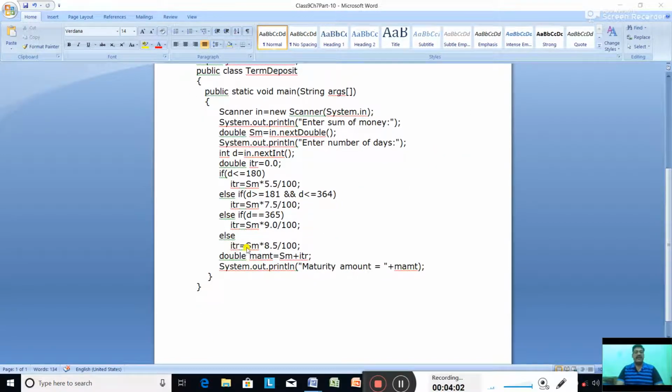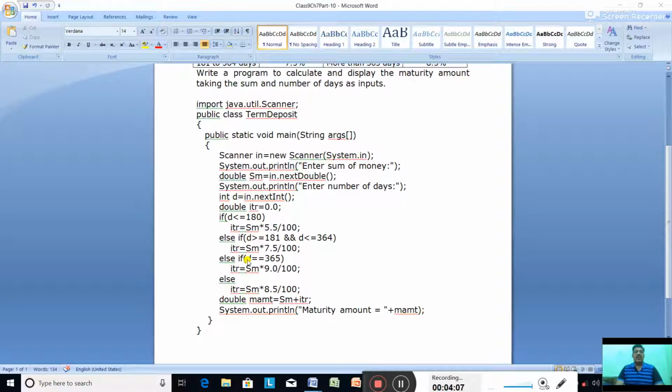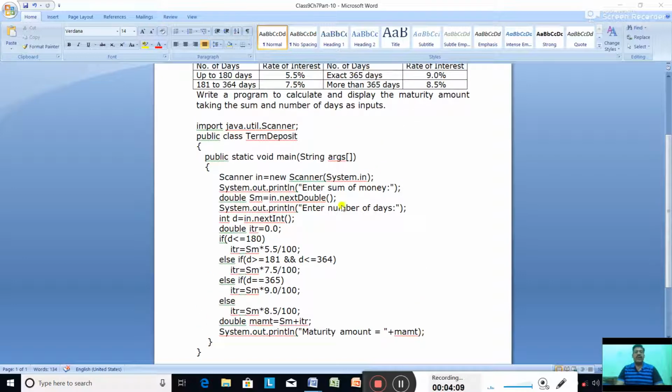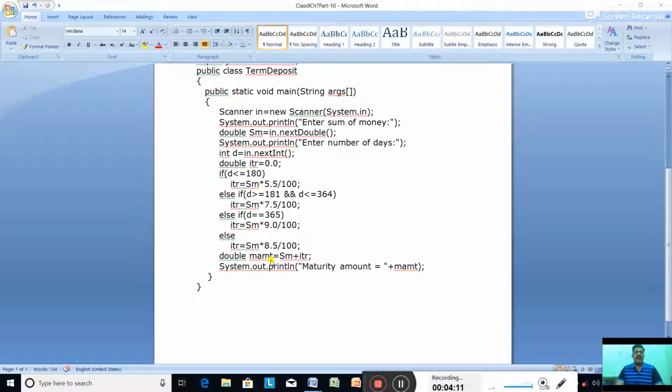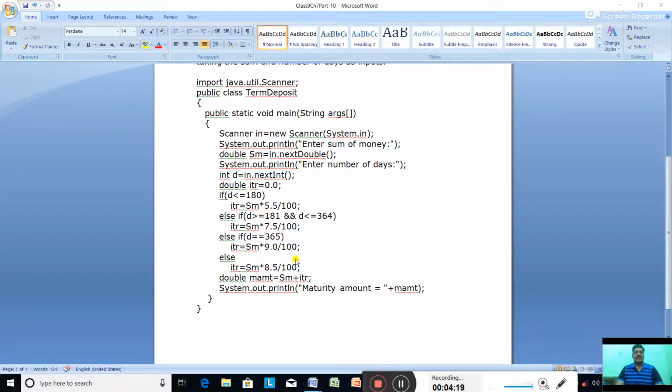So else itr equal to sm into 8.5 by 100. Now calculate the maturity amount. So double mamt, maturity amount equal to sum of money plus interest. This is the maturity amount given to the depositor. Now print System.out.println maturity amount equal to mamt.